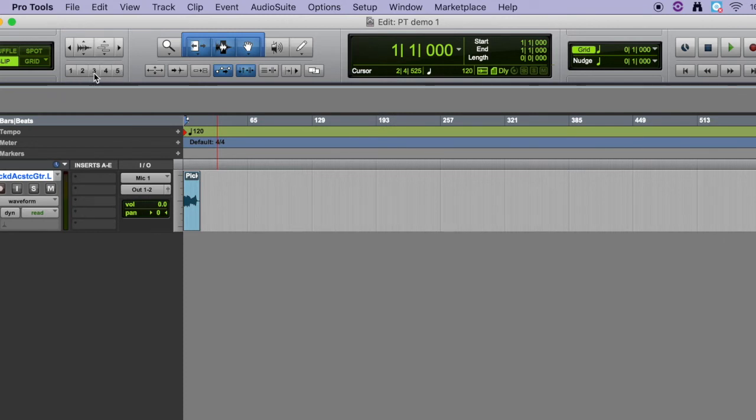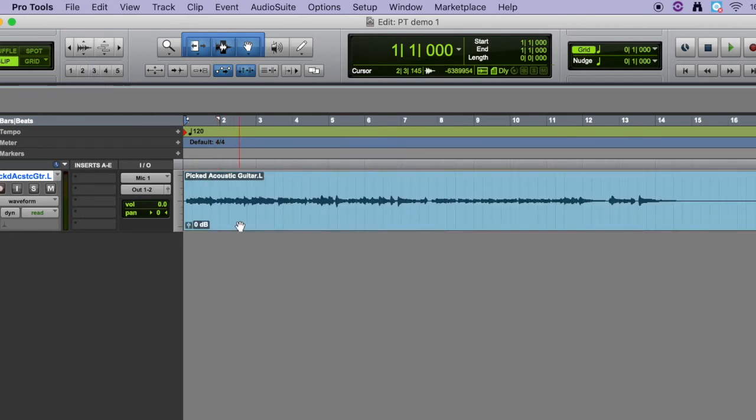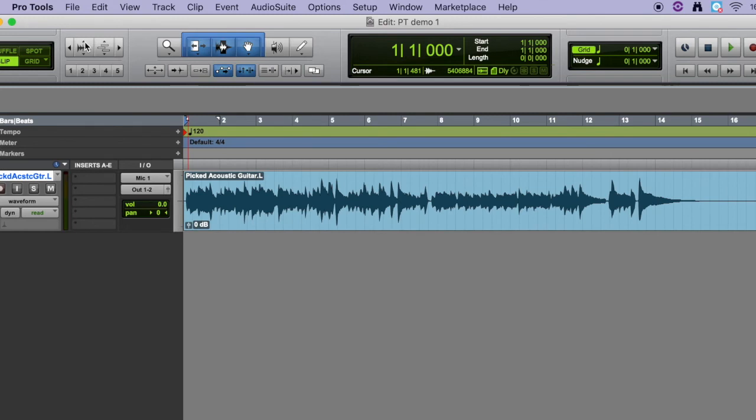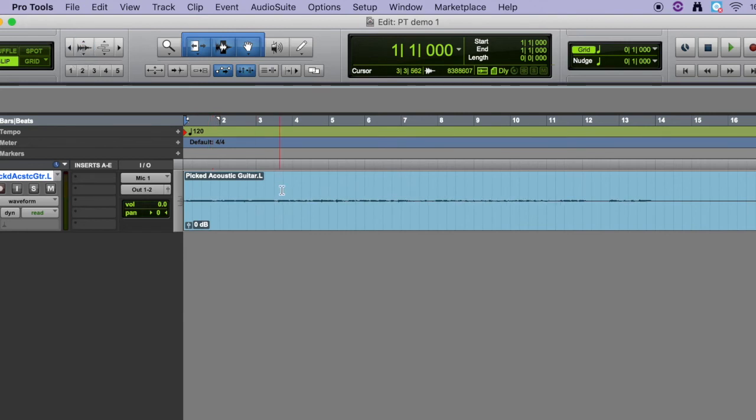So I'm just going to show you something else. When I'm zoomed into 3, that's very easy to zoom in and out. But we can also zoom up or down the actual audio waveform. Now, this is interesting because a lot of people think that means you're making things louder, and you're not. You're just displaying the waveform larger or with a higher amplitude than you did before, but it isn't actually any louder. So sometimes people record with a very, very low level like this, and they think, oh, they haven't actually recorded that very high. If I click play,